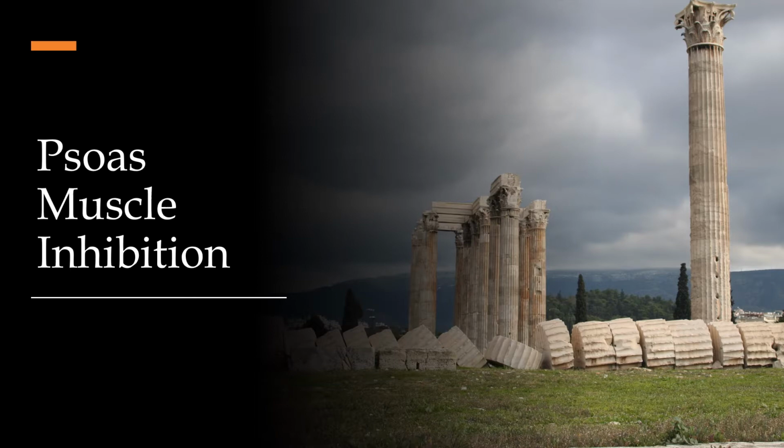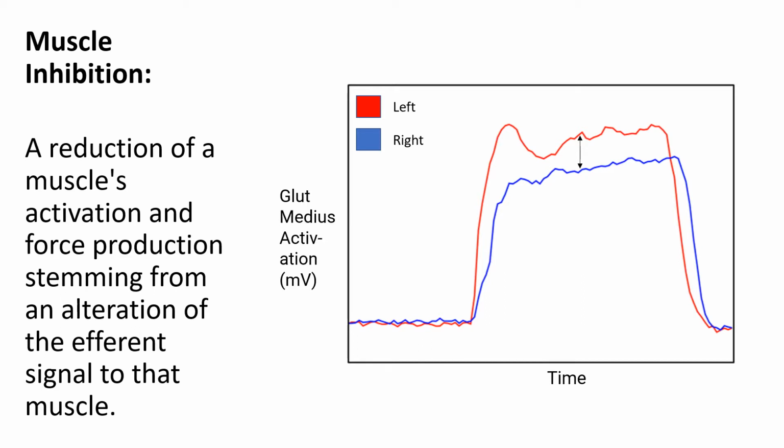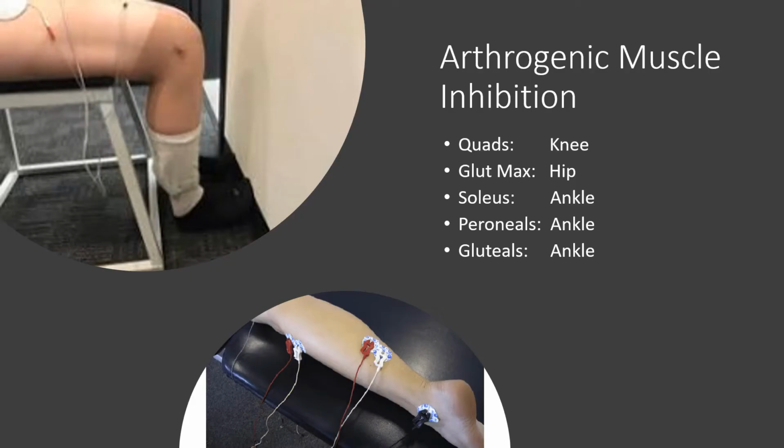And that is psoas muscle inhibition, when one or both psoases, how do you say the plural again, have lost their ability to fully engage. If you've watched some of my other videos, you know that muscle inhibition represents a reduction of a muscle's activation and force production stemming from an alteration of the efferent signal to that muscle. Now there are several scenarios as to what exactly is disrupting this efferent signal, but our focus will be on arthrogenic muscle inhibition, whereby the inhibition results from swelling, damage, and especially our focus, subluxation of a joint associated with